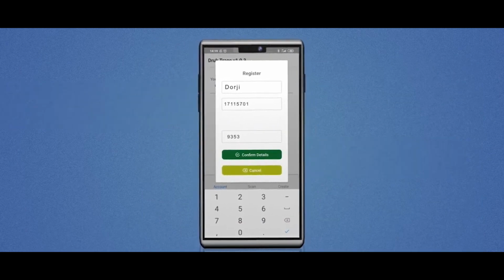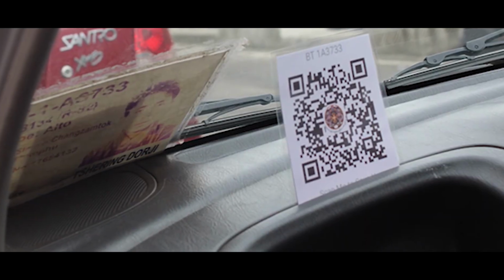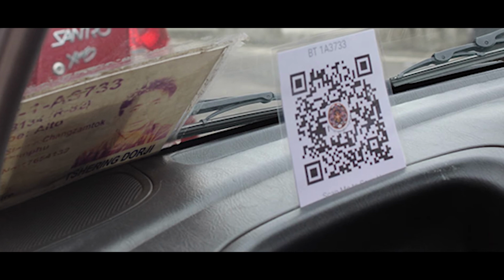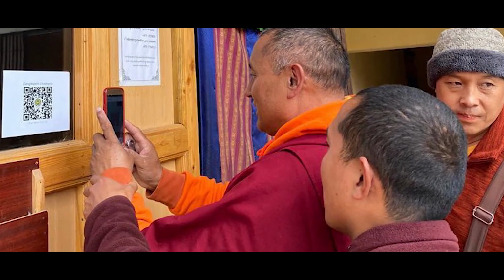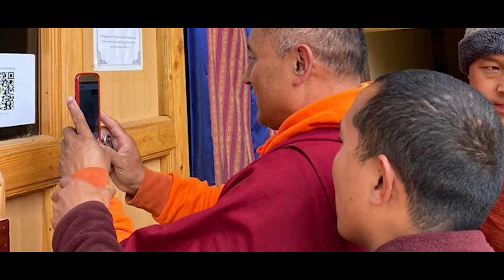When you visit a particular place or public transport, the DSOPs have put QR codes across all the public places, and the government has also mandated QR codes to be made available on public transport and public places, and even in offices. So wherever you visit, you will see a QR code, and as you enter, you have to scan the QR code.